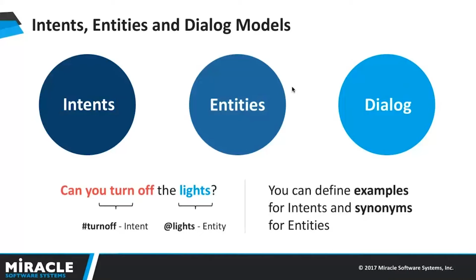Now in our application, it might not be straightforward, but sometimes it is. In this particular case, we have a user saying turn off the light as a command. Here we are using natural language and saying, can you turn off the light? Or they could say, Watson, could you turn off the light? Please turn off the light. And Watson is able to understand the intent called turn off, whether it's coming like turn off, could you turn off, or turn off the light, in any particular different way that you say. Watson will be able to map back to the turn off intent, then check the entity which is a light, and will determine that, okay, maybe the user wants to turn off the light.